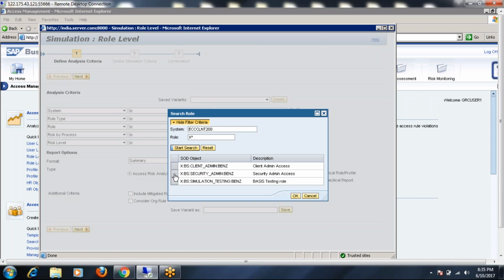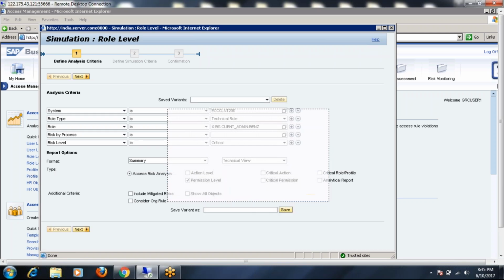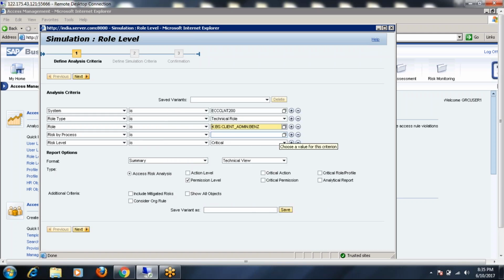Suppose I take the security or client admin role. You can see both. Within a client admin role, there will not be any SOD risks because it belongs to the same function. Okay, so let us add